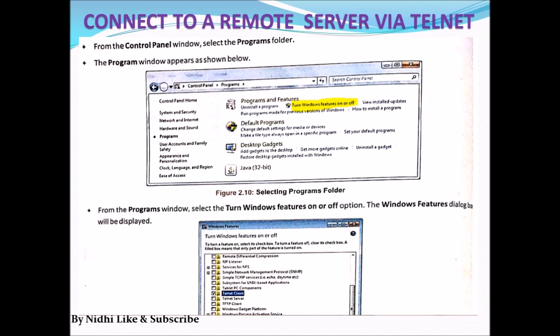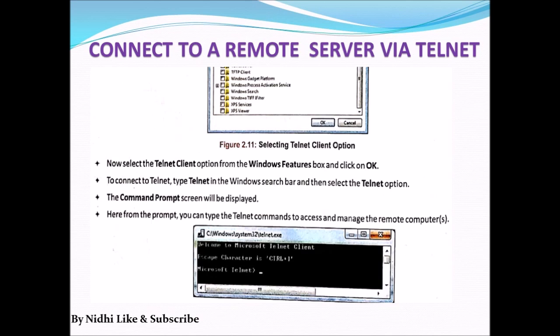After doing that, you have to select the Telnet Client. After selecting the Telnet Client option in the Windows Features box, you have to click OK, and then use the Windows search bar and search for Telnet. The command prompt screen will open, and on the command prompt screen we can write the commands for giving the access right to the remote server like this. A Telnet connection can be set up between the remote server and the client machine.